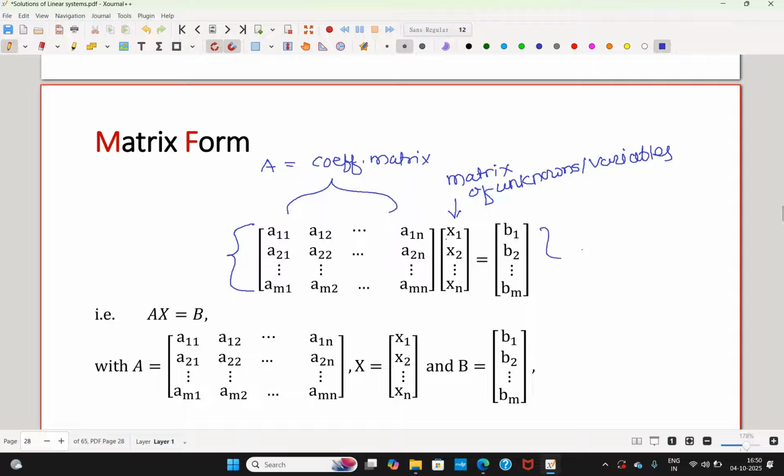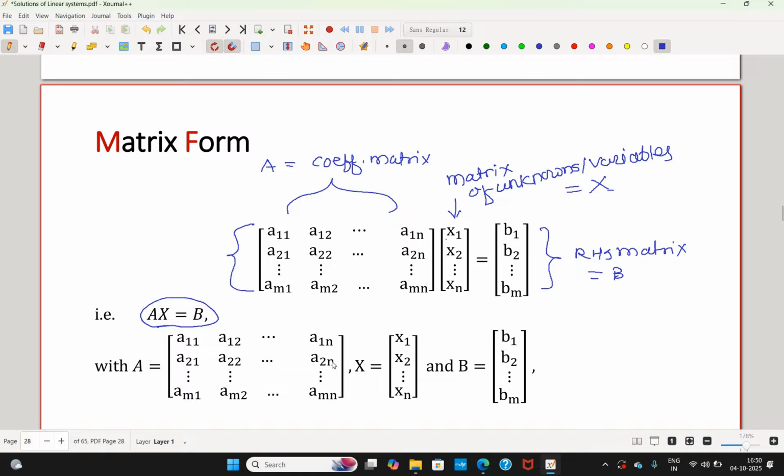Correct? And this is the RHS matrix. So generally this is termed as B. Matrix of unknowns, it is generally termed as capital X. So using this particular notation, our entire system can now be written in terms of Ax is equal to